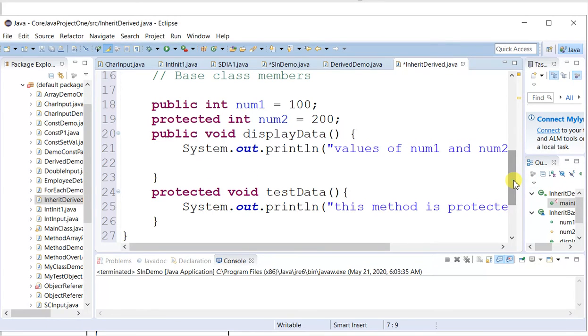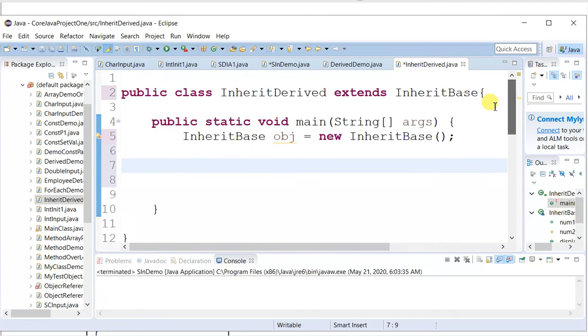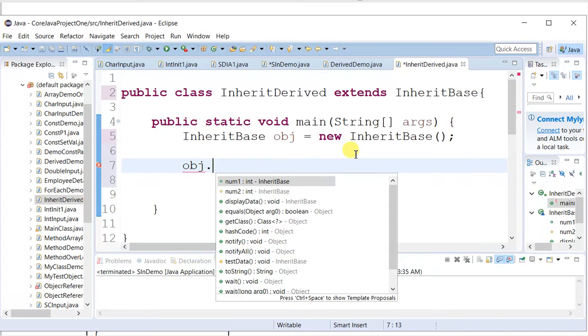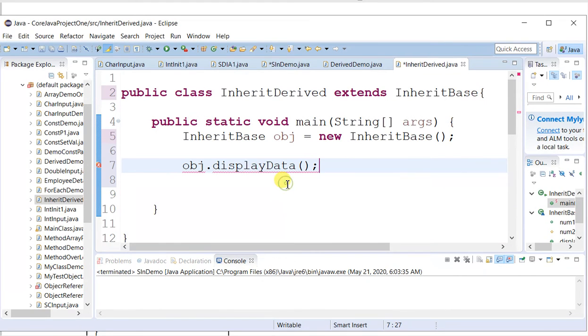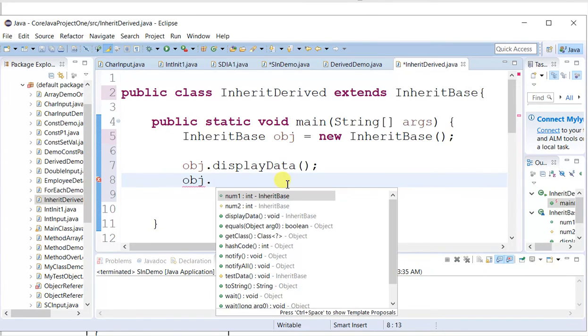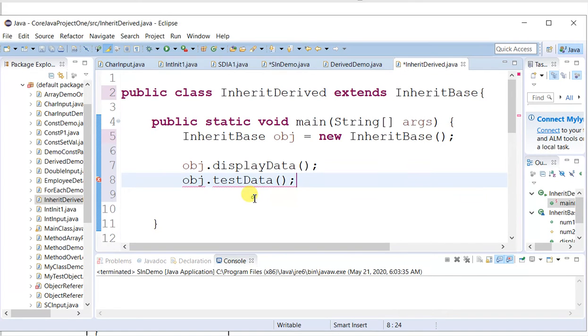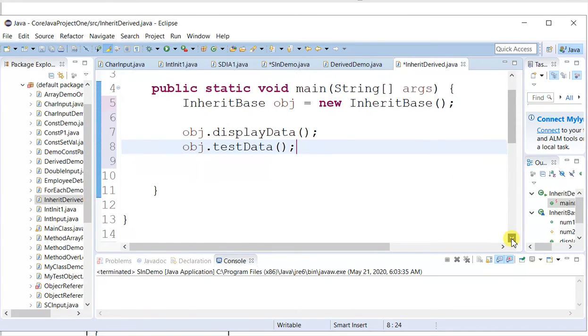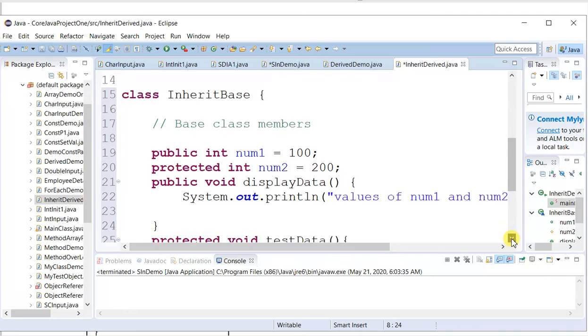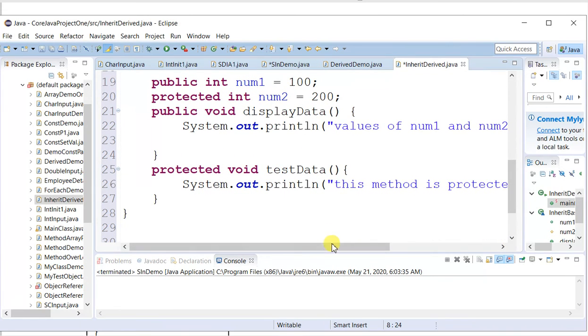So, now let us say here, obj dot display data, I am just calling display data, which is public, another one is obj dot test data, which is protected. So, let us execute and check what will be the output. The expected output is the output for display data, the values of number 1 and number 2, 100 and 200.